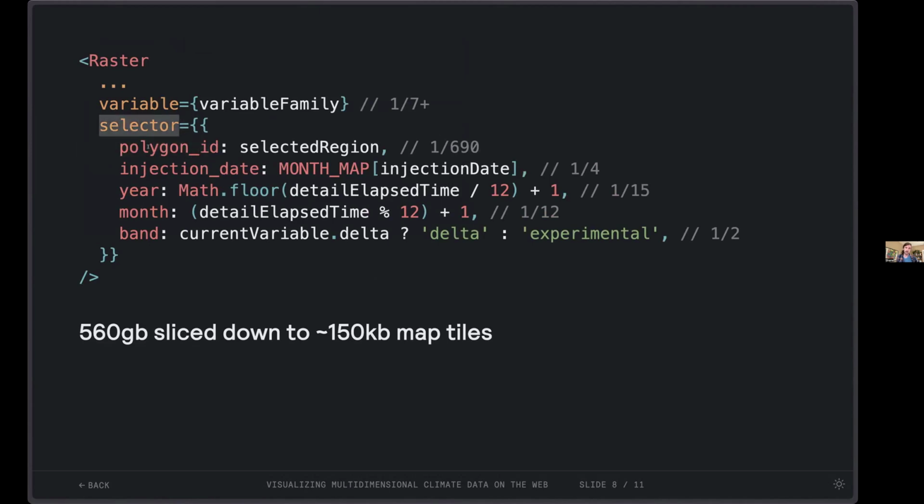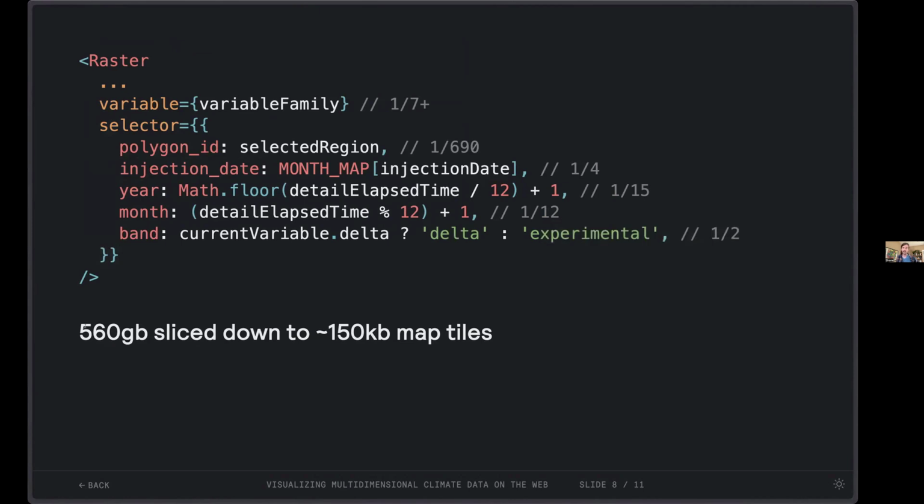We have a bunch of selectors here. We're grabbing a different polygon. We're choosing one of those seasons. We have a year, we have a month, and then our data that we're actually going to map here. And so we do two things. We can do a little bit of math and derive that delta value and also show the overall values in